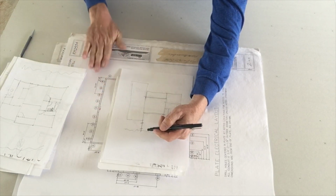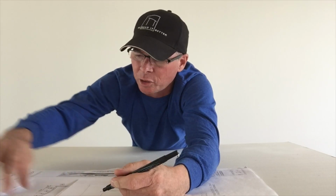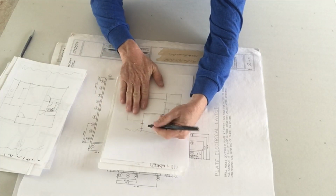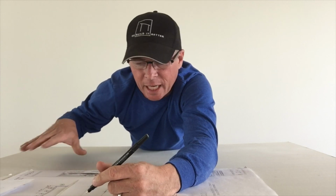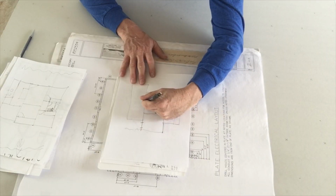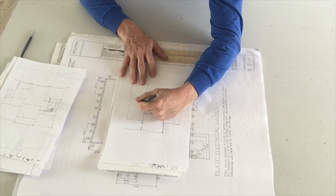Now there is a beautiful house over here, and there's also beautiful views over here, and I want to take advantage of that. I want to move this so that when you're standing at this window, you're seeing the aspens up on this mountain. But I'm going to eliminate some of the houses that you're going to see and just be more one with nature. So now we have a way to get into this little hallway, and we're going to have